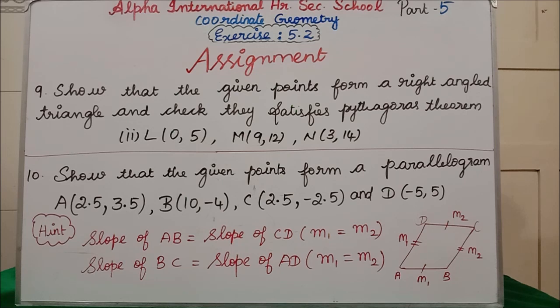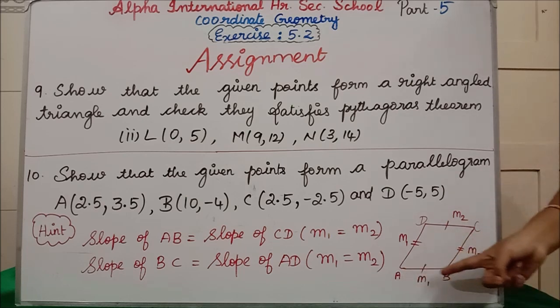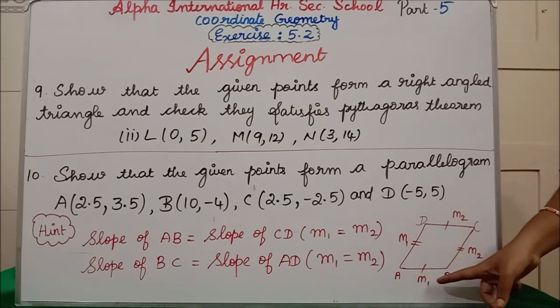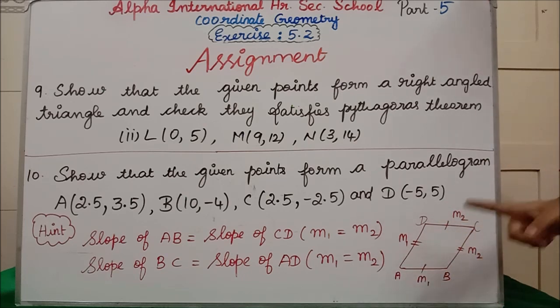For the 9th question, go through the video first, the first subdivision thoroughly. Then you can start doing the second subdivision. Clear? For the 10th question, what they are saying is, they have given some 4 points and they are asking us to show that the 4 points form a parallelogram. Parallelogram means, as I told you in the 11th question, opposite sides are equal. Which means AB is equal to CD. Similarly, BC is equal to AD. If you get a value for the AB side, similarly on the other side you also have to get the same value. On these 2 sides you have to get the same answer.